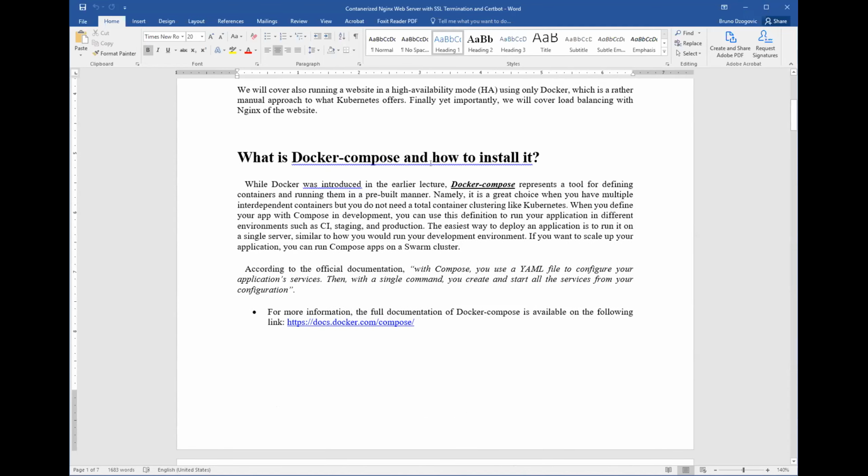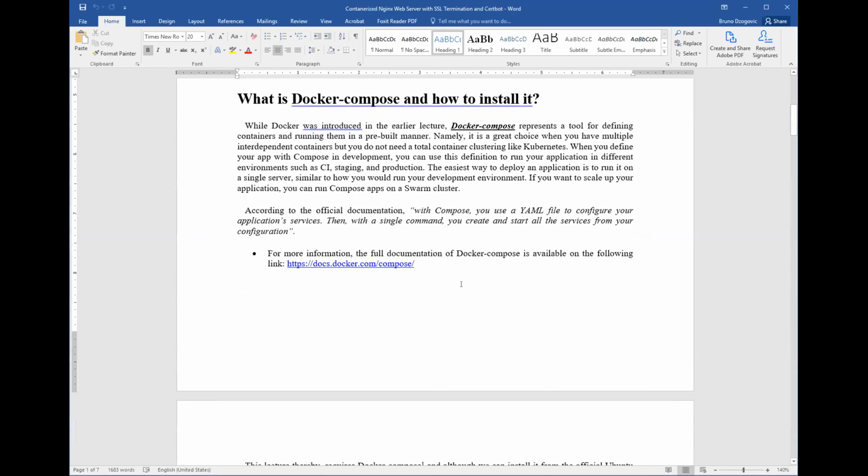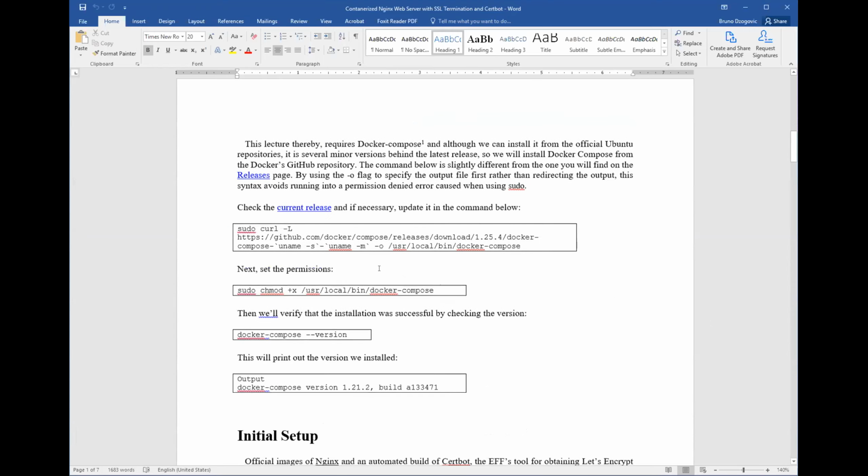What Docker Compose does is the same as all of this, but instead of writing everything in a single line like we did now, you put everything in a YAML file and you use docker compose up to run everything at once. To set it up, you can go and check this website. Let me open this.